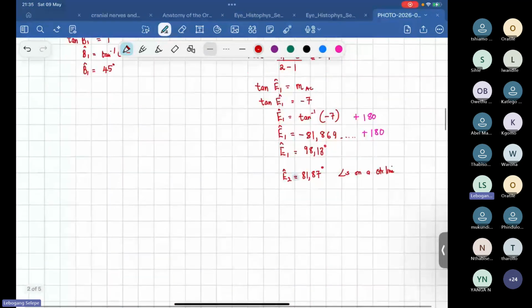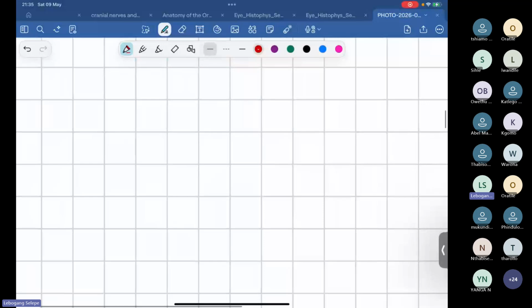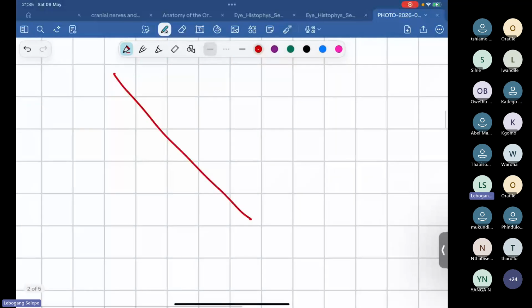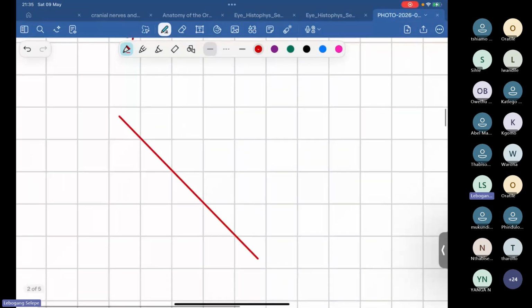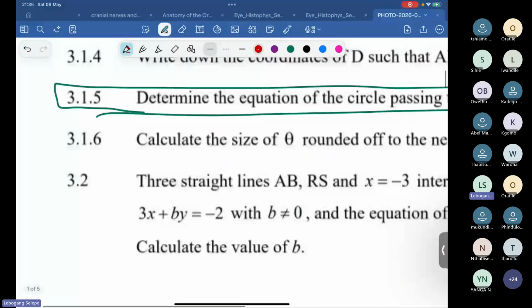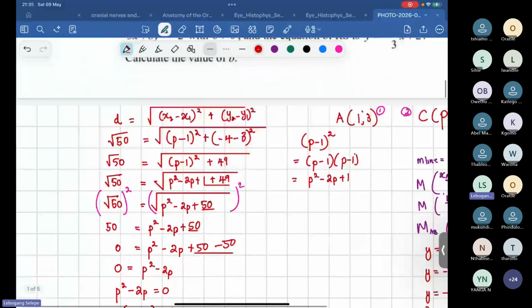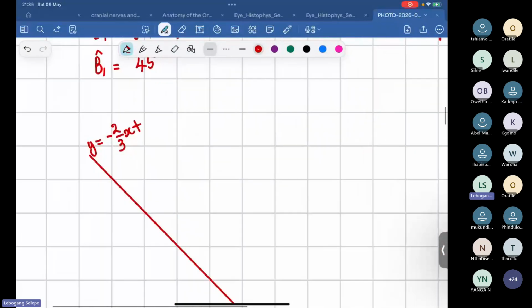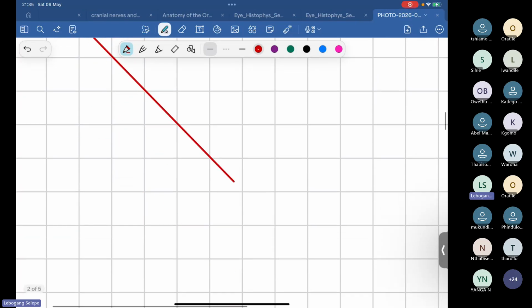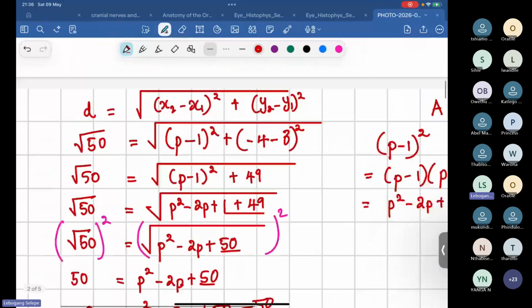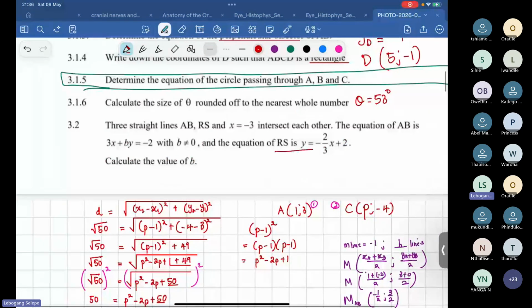So usually in analytical geometry, it's very nice to use diagrams, without too much imagination, right? So we have the one line that has been said to be y equals -2 over 3 x plus 2. So I know that it is a decreasing function because its gradient is negative. That's how I know. So I think they said this is RS. And then we have another line. So we have this one, RS, I've already drawn. We have the line AB,